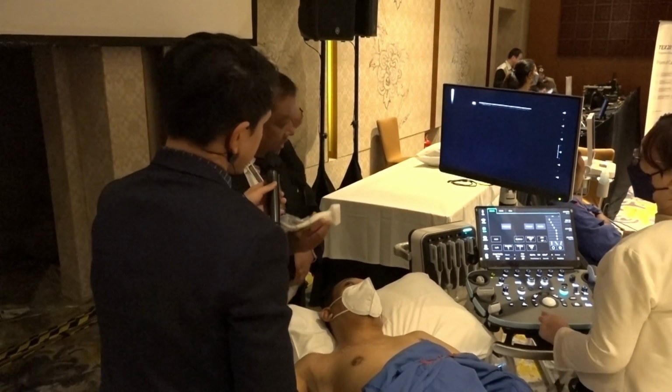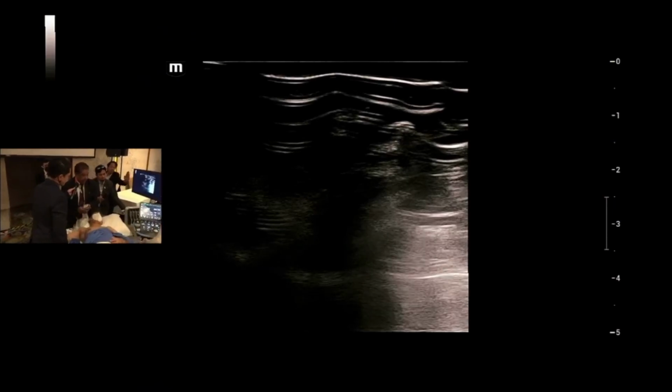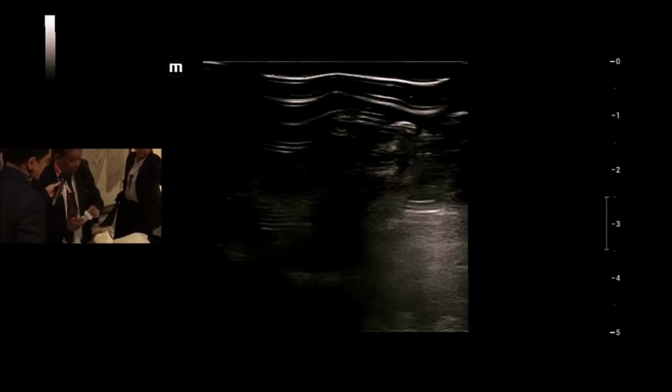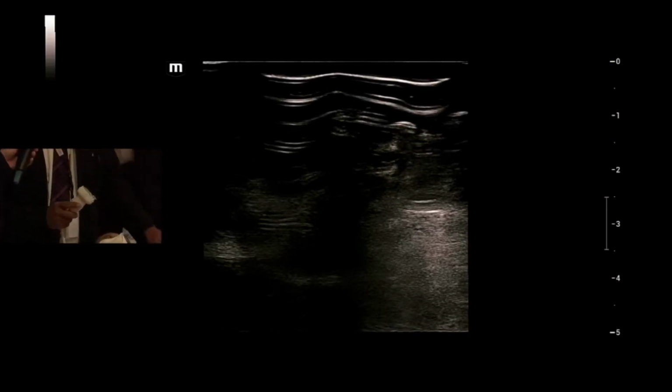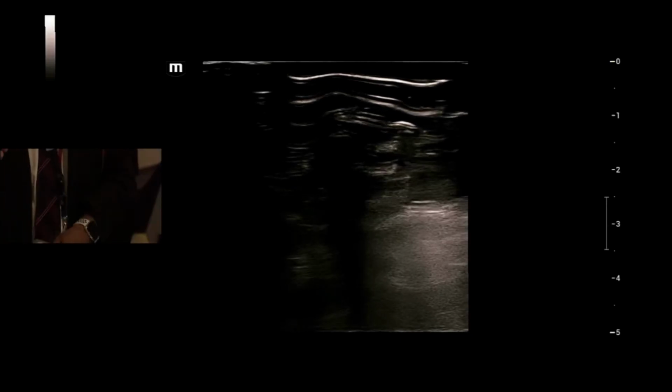Can I have some gel, please? The transducer is a high-frequency linear transducer. These are usually broadband transducers. So to your left on the screen, which says M, is going to be lateral. And so that's going to be lateral, and the other side will be the medial, obviously. Now,